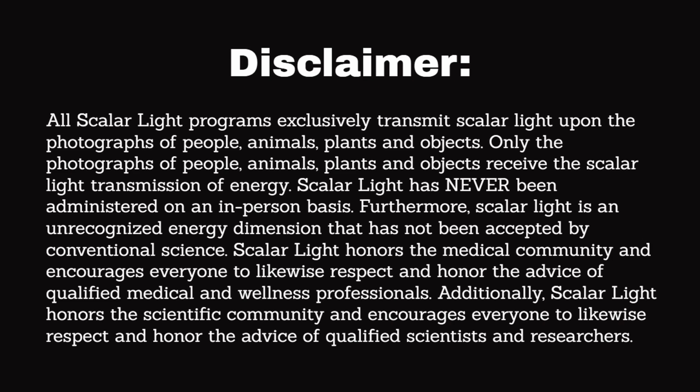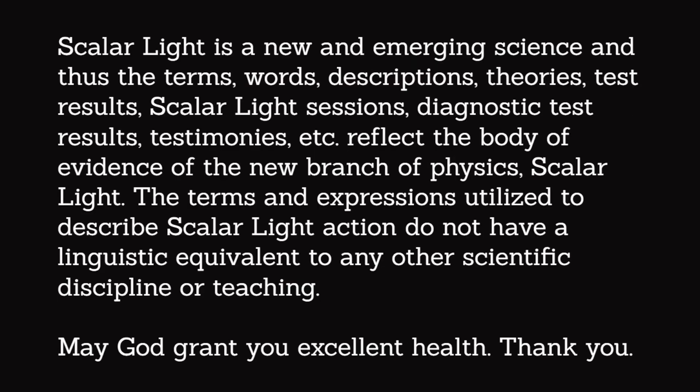Scalar light honors the medical community and encourages everyone to likewise respect and honor the advice of qualified medical and wellness professionals. Additionally, Scalar Light honors the scientific community and encourages everyone to likewise respect and honor the advice of qualified scientists and researchers. Scalar Light is a new and emerging science, and thus the terms, words, descriptions, theories, test results, scalar